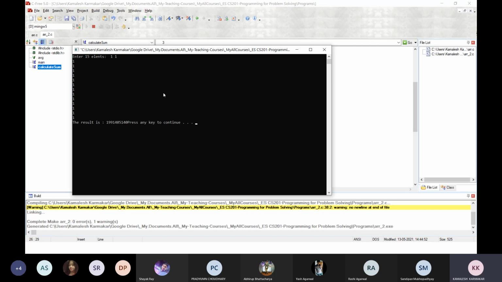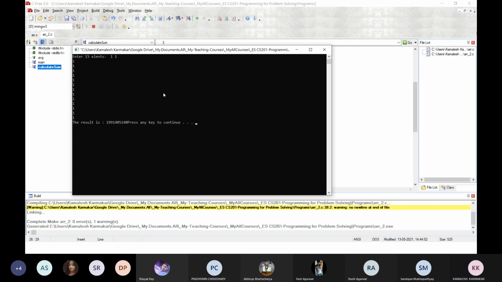But if the space is not available, it will print some garbage value. Sometimes the system may hang. If you overwrite the system data or code block, the program will be terminated unexpectedly.